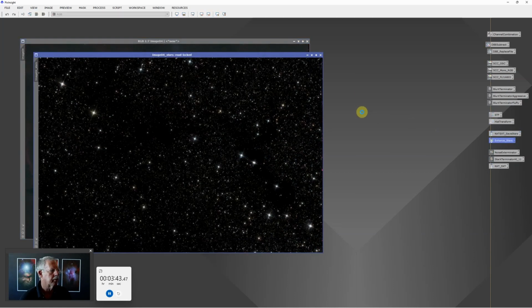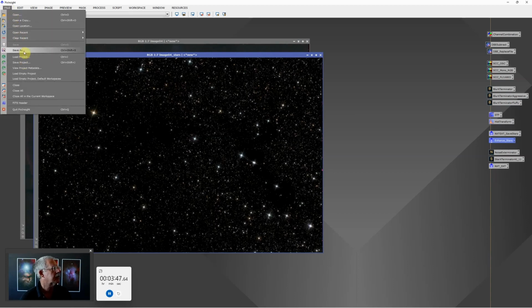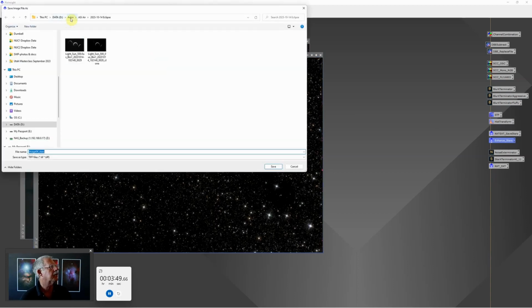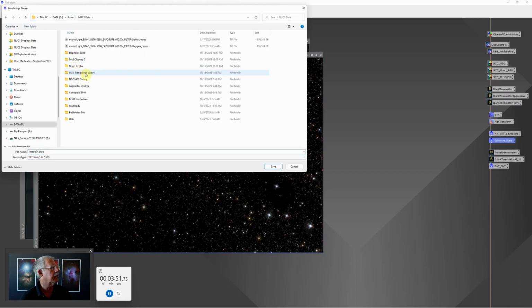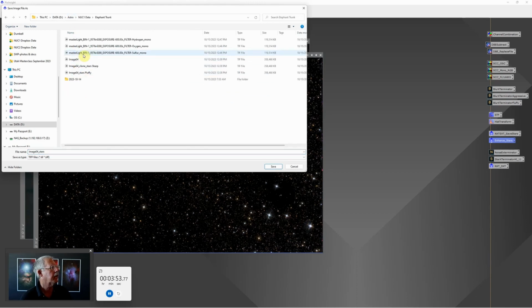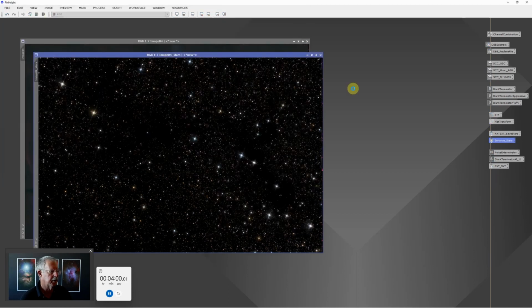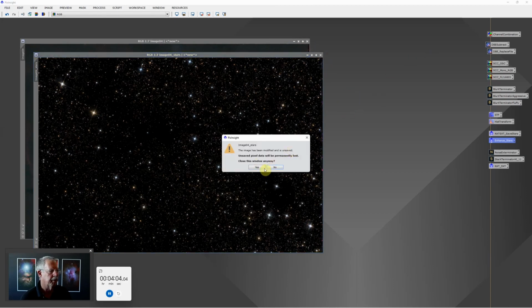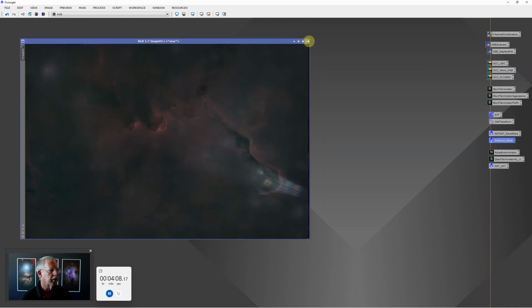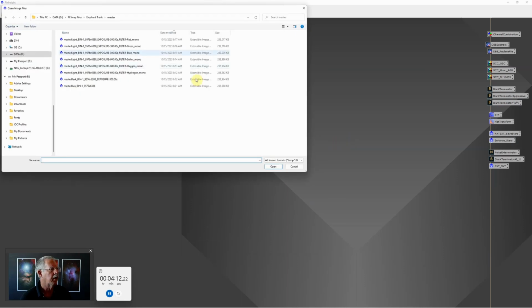Okay, so we'll apply the enhanced stars, save this, and I'm going to save this in the same folder with the data that I captured, and I will save this as a 16-bit TIFF, and 16-bit is plenty of image depth because we already have the image stretched. And yes, I do want to close it, and I'm just going to go ahead and close this. Now let's go get the